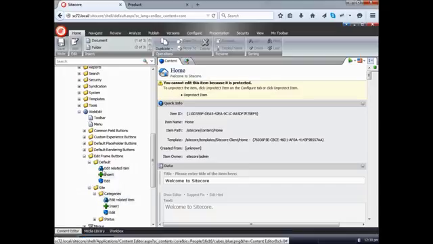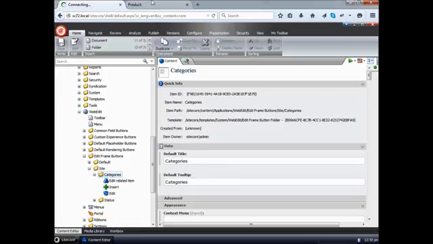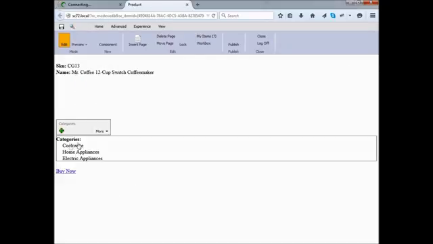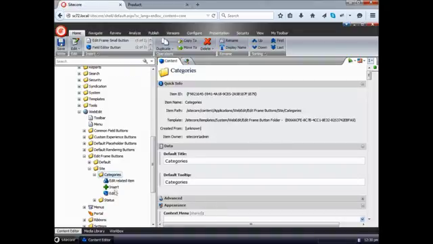So let's look at categories. I've created a copy of the default, and on the folder itself you give the title and tooltip. So that's what actually comes up here. That's what you see here. And in addition to that, the only change that you make if you've copied from the default is the title over here, and then in the edit item